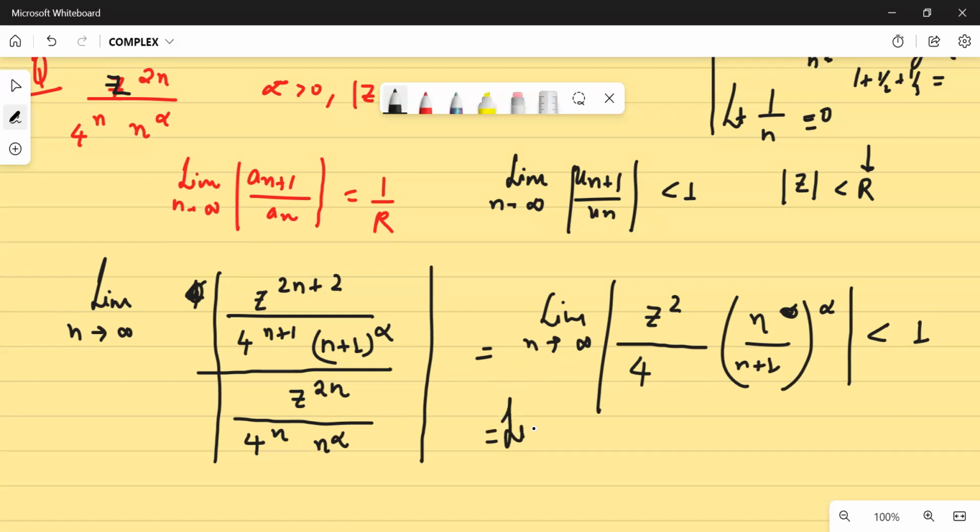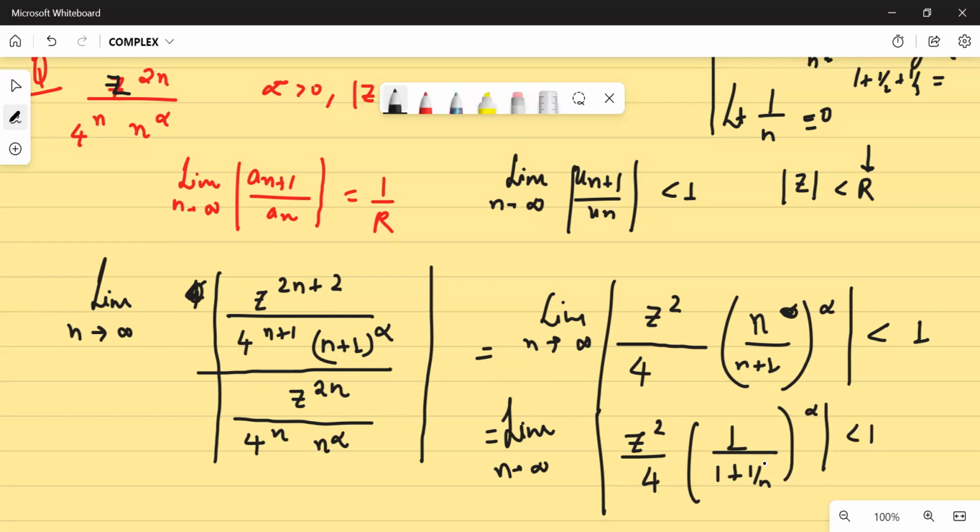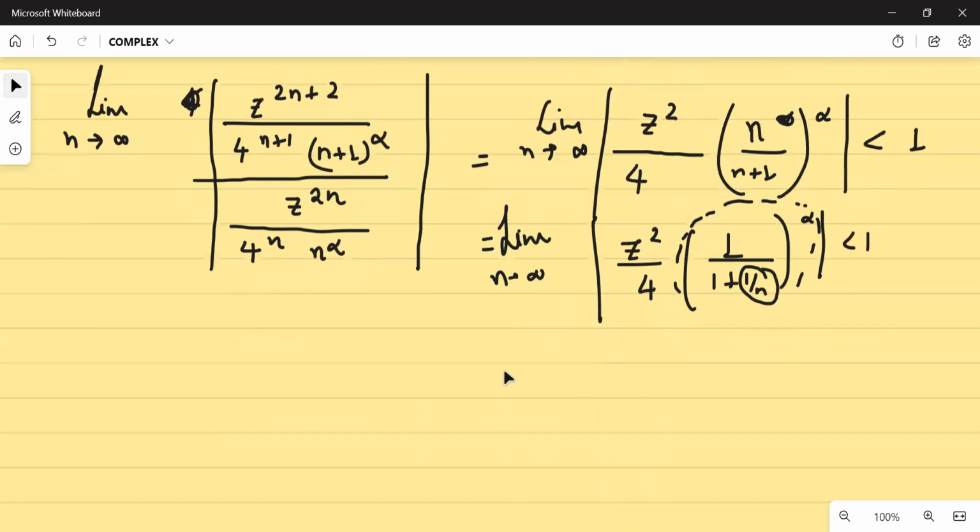और यहां से क्या आएगा, लिमिट n tends to infinity. It will give you mod z, sorry, this is z का स्क्वायर अपॉन 4. और थोड़ा ध्यान से देखो इसको, इस n को देखो, इसको ऐसा लिख सकता हूँ 1 अपॉन 1 प्लस 1 अपॉन n raised to power alpha का mod should be less than 1. n tends to infinity, this will go to 0. So this is 1 raised to power some positive numbers. This entire thing will become 1. No doubts about this. So ultimately you are left with